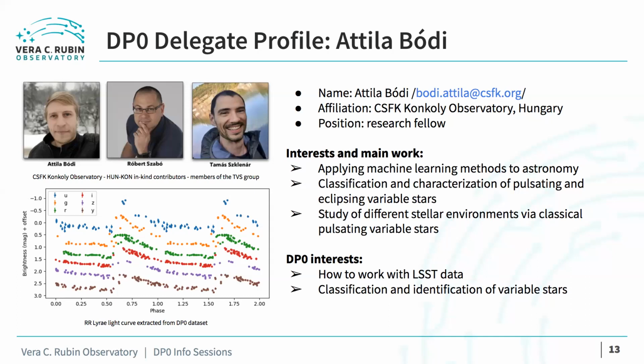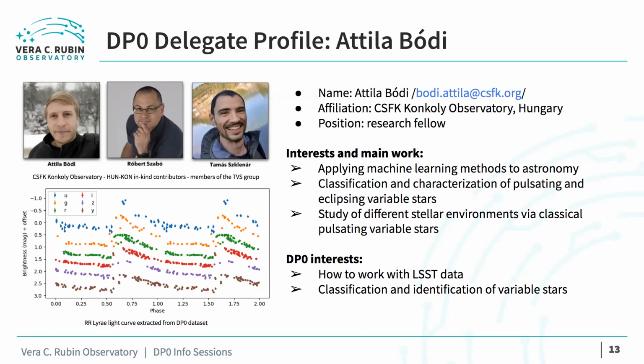And I want to use the LSST data to study the different stellar environments, the positional contents, and the connection with the stellar environment. I'm here because I'm interested in the DP0 data, and of course I want to do the classification and identification of variable stars as our in-kind contribution. And on the left side you can see a beautiful light curve, which is extracted from the DP0 dataset,